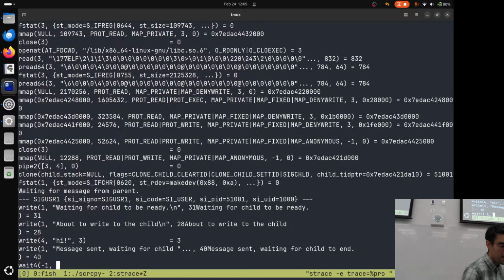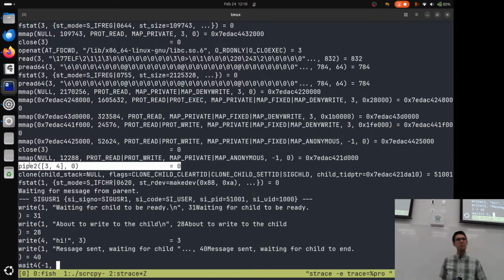We can see that because ELF is the format for programs on Linux systems, and this is the magic number, the magic description, of an ELF file on a Linux system. But when we get down here, we can see I called pipe in my parent process before I did anything.